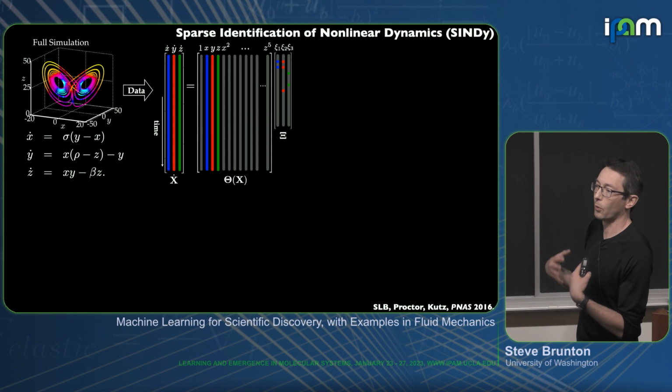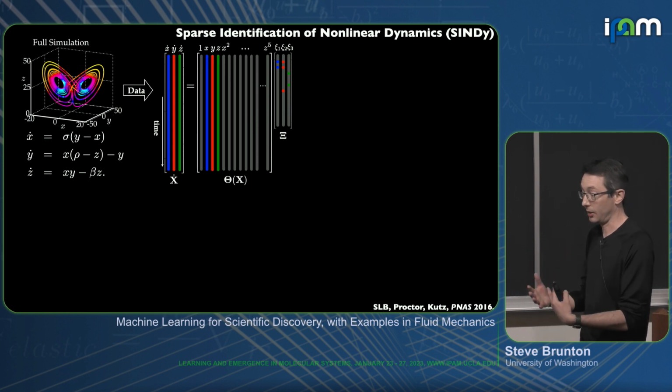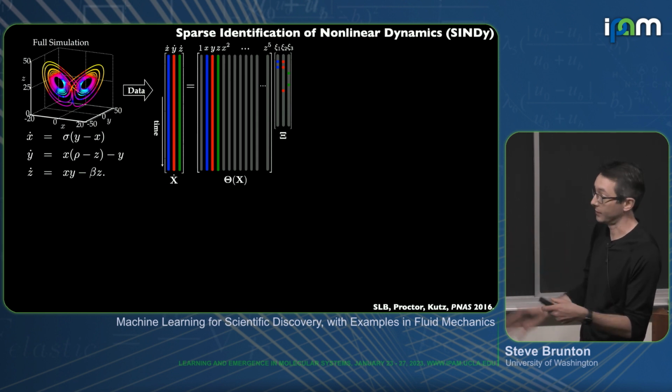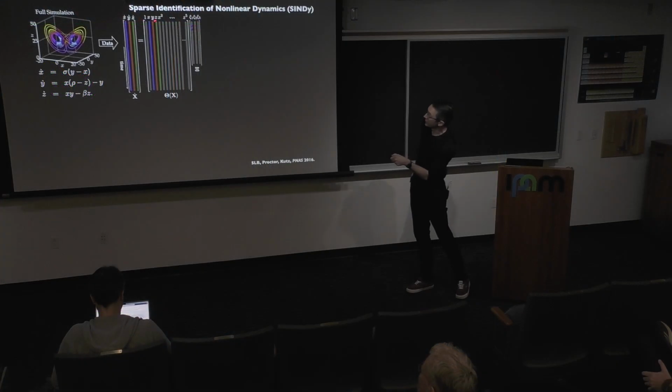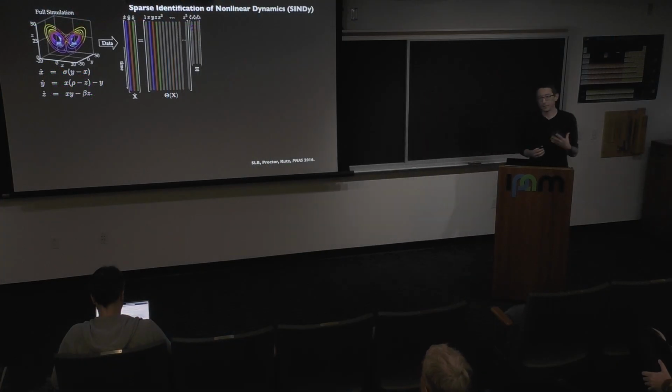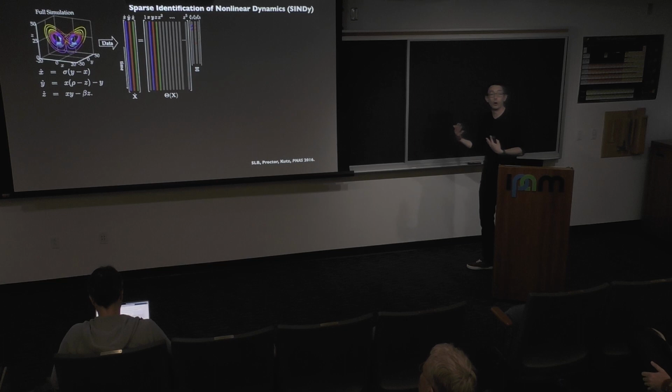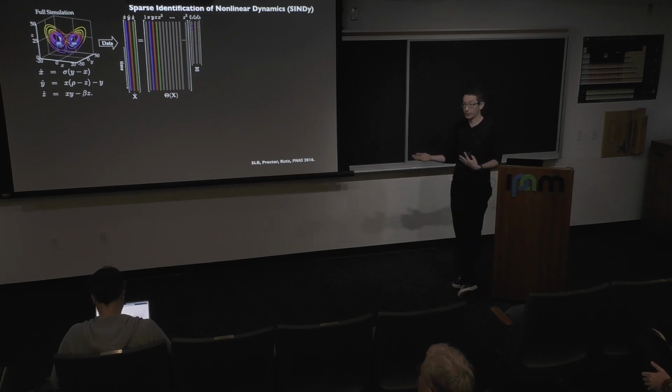I'll show you later that for fluid flow systems in general, and any kind of continuum mechanics systems, polynomials actually do a great job, because those are the models we get when we do Galerkin projection. So in this case, we're doing polynomials up to 5th order. And so the objective of SINDy: if I just did a least squares regression here, I could just do a best fit, and I would get a little bit of all of these coefficients being active. A little bit of all of these terms would be in my differential equation. That would clearly be overfit to the data. I don't want a differential equation with 81 terms in every equation.